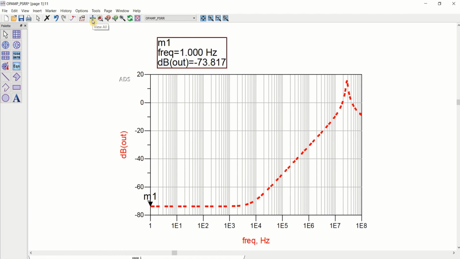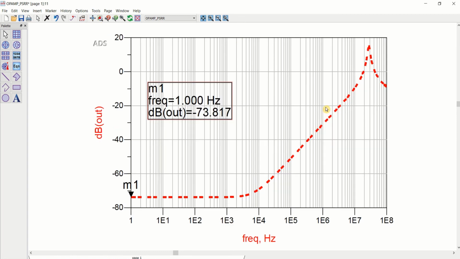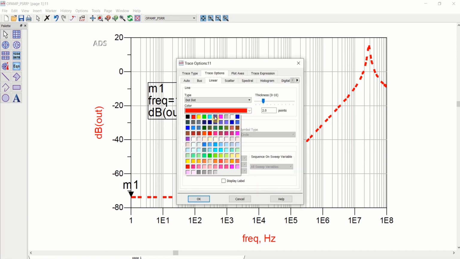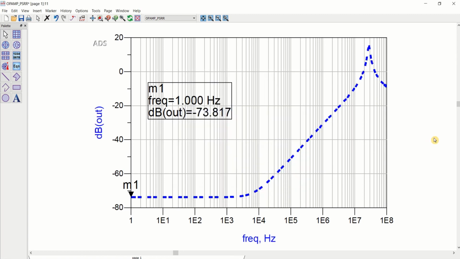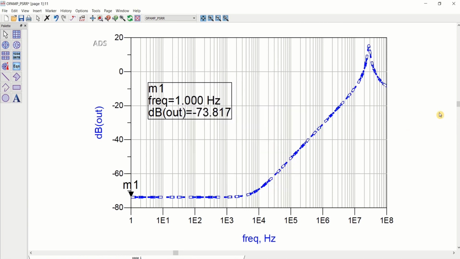PSRR is a very low value. So this is the plot. Save this. This is how you estimate the parameters called CMRR and PSRR of an op amp.